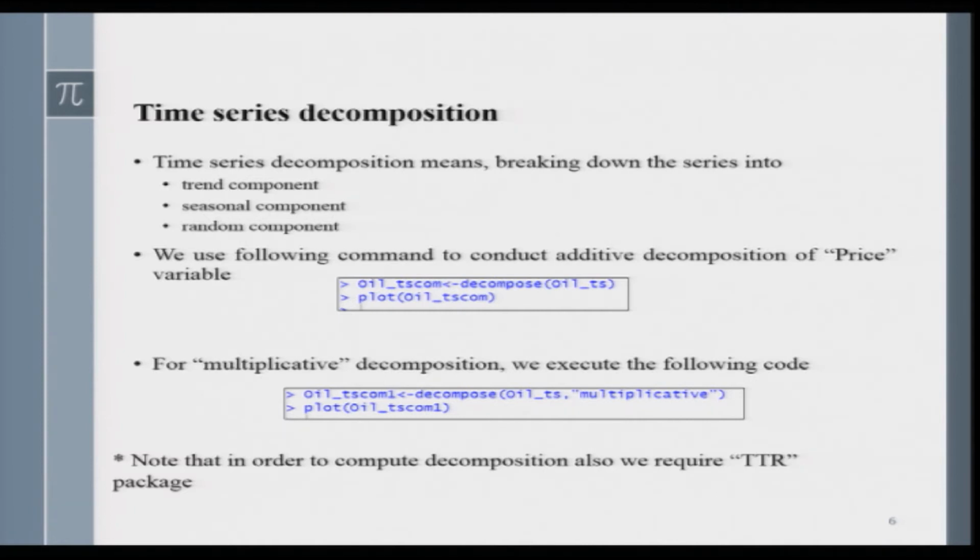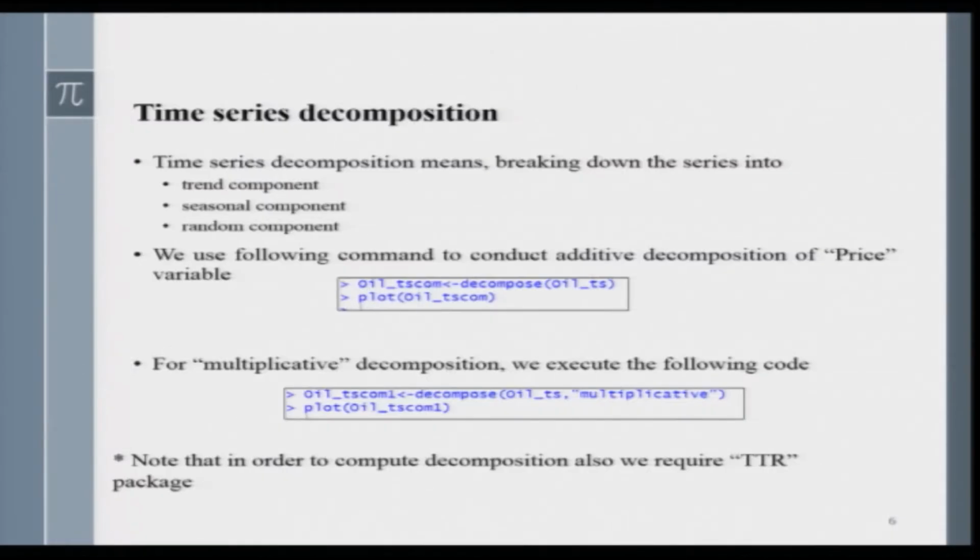Now, as this multiplicative decomposition is conducted, another set of numbers will be generated for trend, seasonal component and the random noise. So, you need to store them again. So, now you have to define another new storage. So, that is what we are doing here. So, we are using the same formula decompose, but now we are saving the results after decomposition in a data storage, say